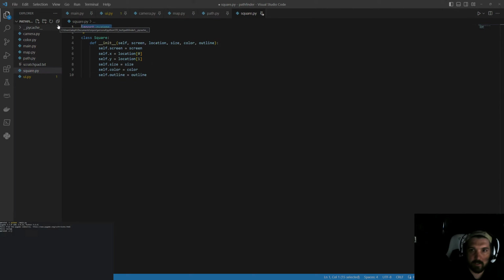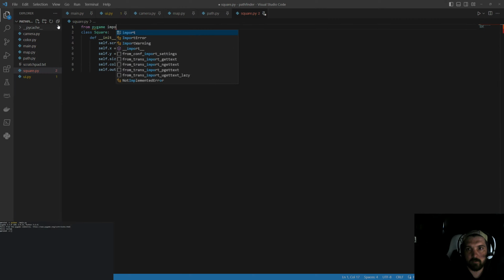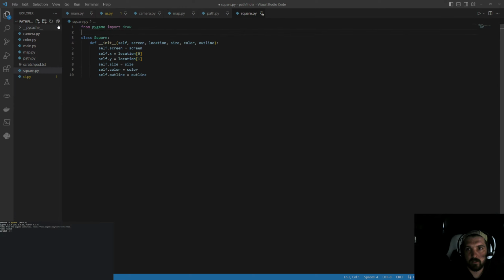We can actually say from pygame import draw. Define a render draw function. I do know that we're going to do some magic here. When we call this draw function, we're going to want to include